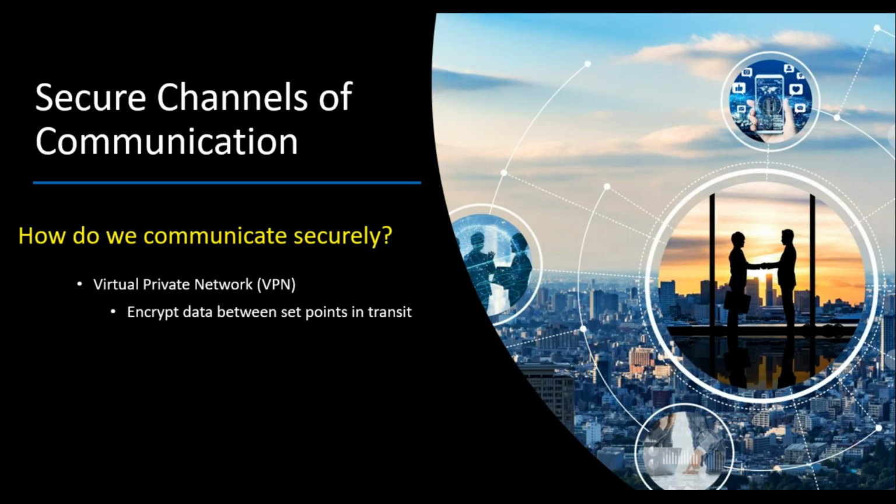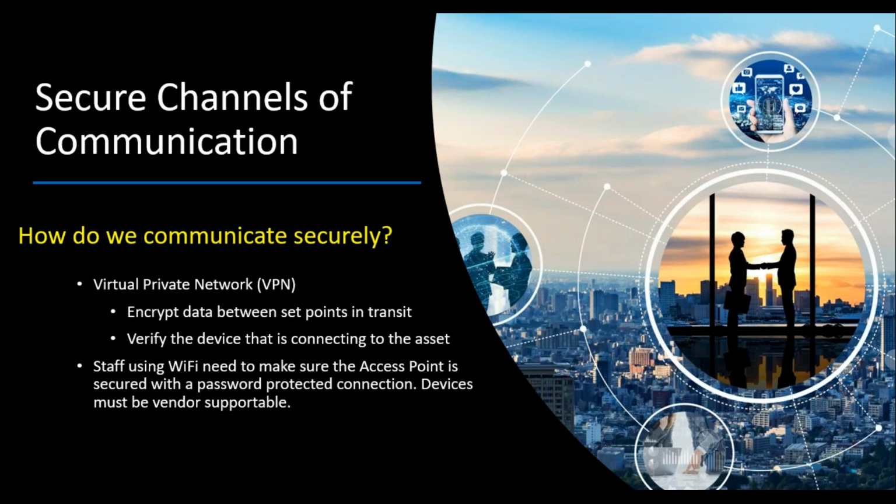It's important because basically the data that I'm transmitting over the public internet is wrapped up in a layer of mystery, if you will, a cloak of encryption, where that data is traveling on the public internet, but we can't read it because we don't have that encryption key. It also helps with VPNs and other tools to verify what device is connecting to the asset. VPNs can recognize specific devices that are connecting versus just somebody randomly connecting from a foreign device. That's a really important thing.